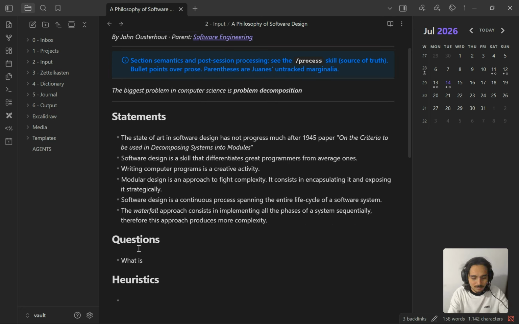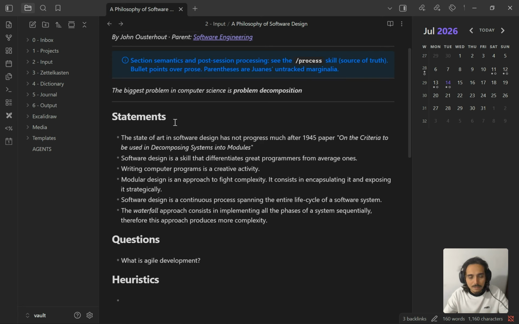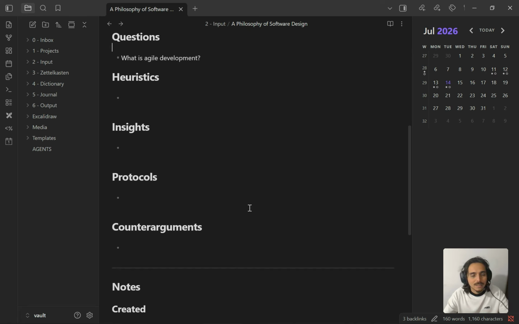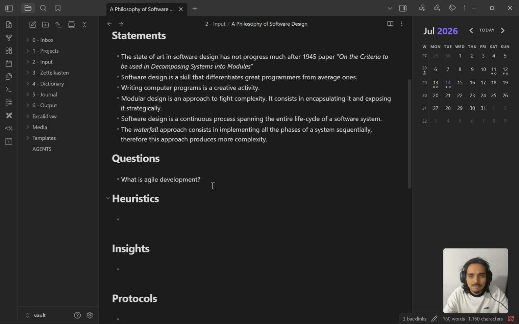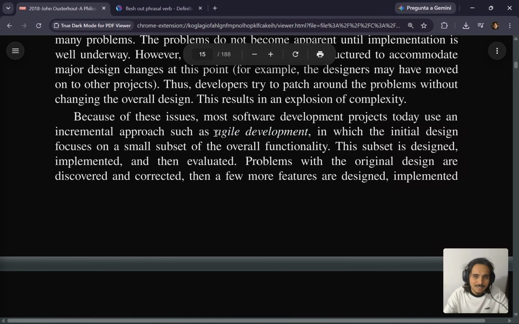So what is agile development? Later, I'm going to dedicate a study session to learn about this. Hopefully, by the end of the processing of all these statement questions and all the stuff that we are going to write down, eventually I'm going to understand this. It's unavoidable, I guess. If you understand all the words used and how they relate to each other, it's unavoidable that you understand anything. So let's leave this question here. I don't think it's worth studying right now. Perhaps it's out of scope